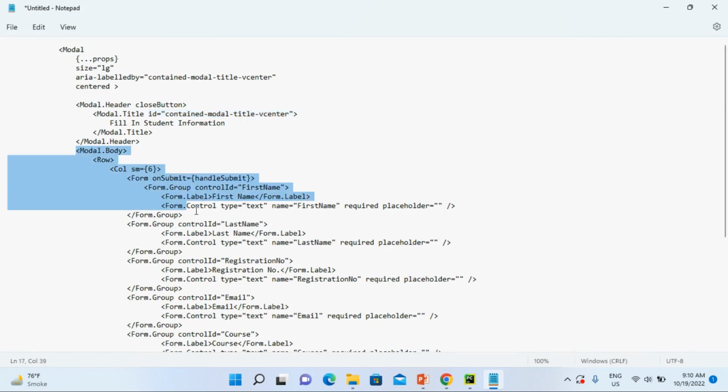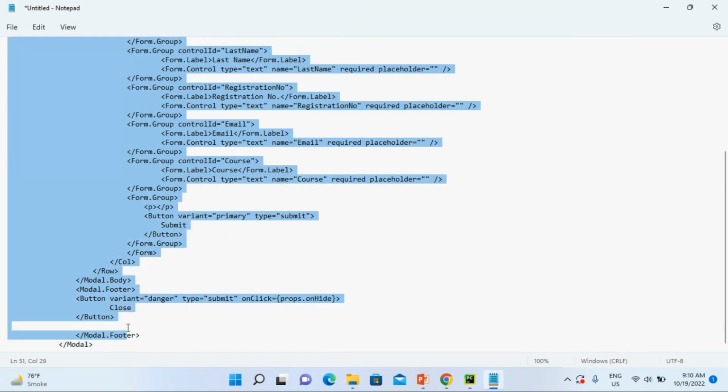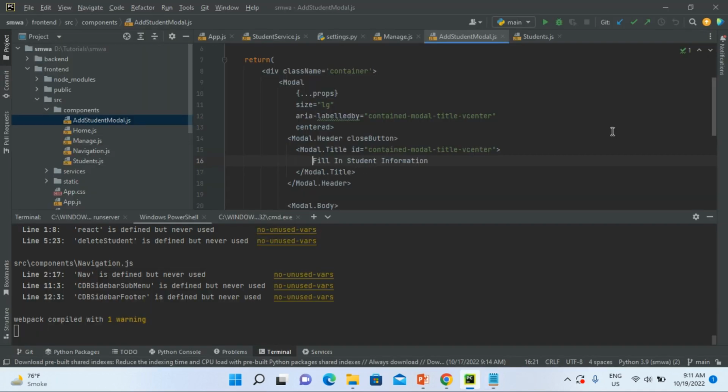Then inside my modal body I will copy this code till modal.footer. On my footer I just want this submit button, and on this submit I will just set onClick props.onHide, so that my modal is closed. Okay, and now if I go here,